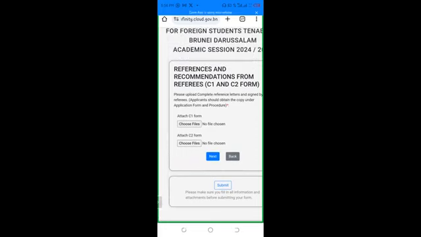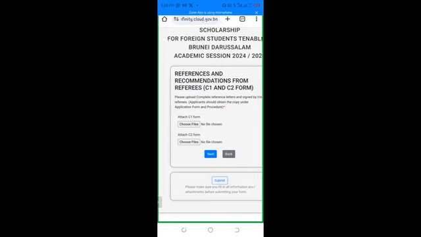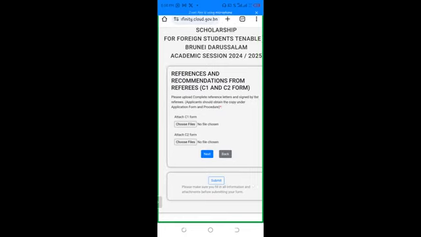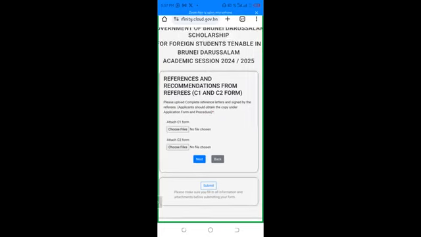And now they are asking for references and recommendations from referees. So please upload complete reference letters signed by the referees. Applicants should obtain the copy under the application form procedure. So when I was displaying the